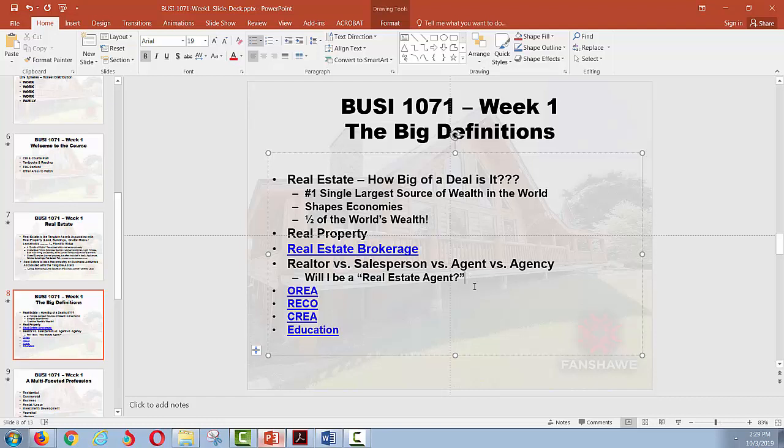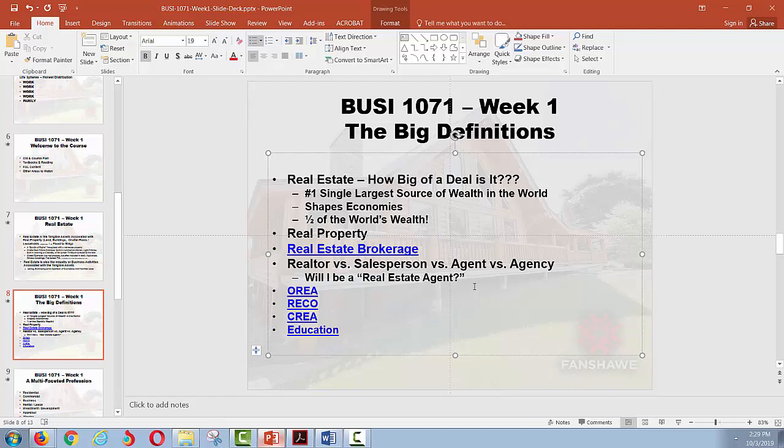So will you be a real estate agent? No. I mean, not technically speaking. If you took the broker course, became a broker of record, started your own brokerage, and then continued to sell, because some brokerages, their brokers don't sell, some do, and then you continue to sell, then you as your own brokerage would be the agent, correct? But that's about the only example where you would refer to yourself correctly as a real estate agent.